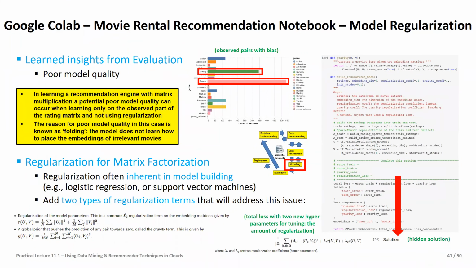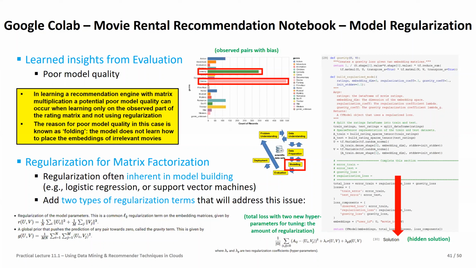So we put essentially the regularization here below, close to the loss function that we defined before. And then with this, we also have these new hyperparameters, really, these regularization parameters. One is a gravity term and the other one is a typical L2 regularization that you have to define on your own. But regularization helps to keep these imbalances and a couple of others, known also as folding, basically under